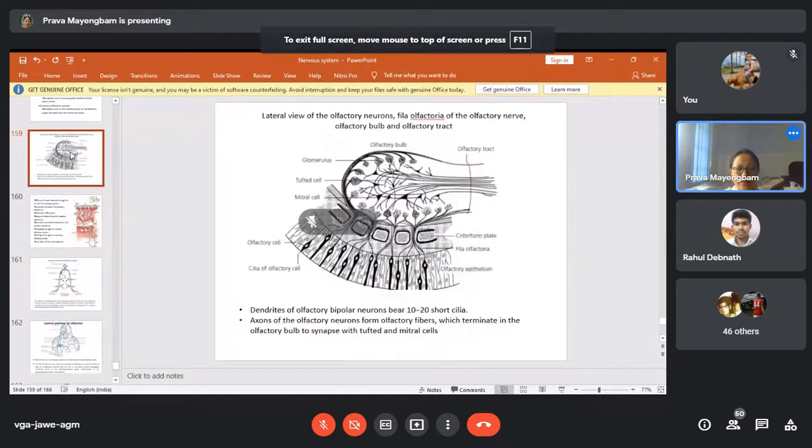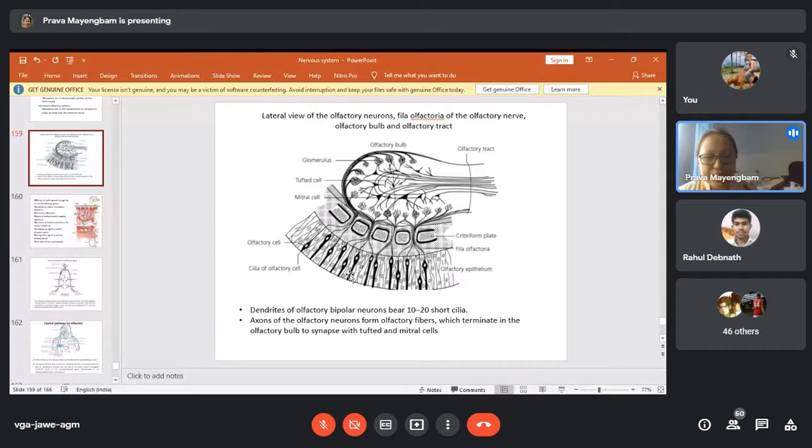So just to recollect what we discussed yesterday: the sense of smell is received by the olfactory cells, the smell receptors, which are present in the epithelium of the olfactory organ, that is, the nasal cavity. They have one dendrite, and the dendrite has multiple cilia, 10 to 20 cilia, which dissolve the